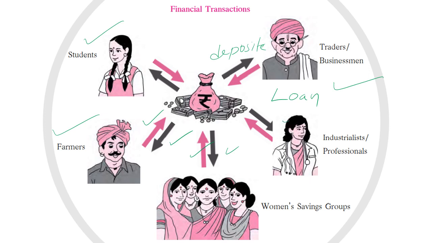industrialists, professionals, doctors, anybody who is employed, woman or man, can have a deposit in the bank, can save in the bank, can take money from the bank, take extra money from the bank in the form of a loan. तुम्हारा नहीं है, दूसरे का पैसा लेते तो लोन हो गया. I mean the bank's money. So all these financial money transactions happen in the bank. Okay, bank importance understood.